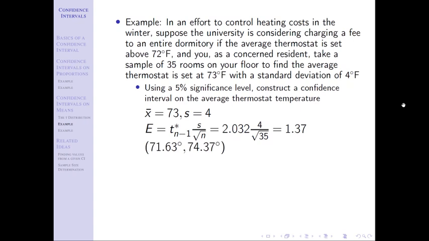And then we got to write our sentence, right? We are 95% confident that the interval from 71.63 degrees to 74.37 degrees contains the, and just like before, 3 key pieces. You need to have some parameter piece, right? Tell me true, known, actual, real population, some parameter word. And why is that important?